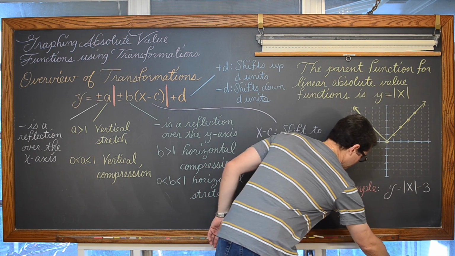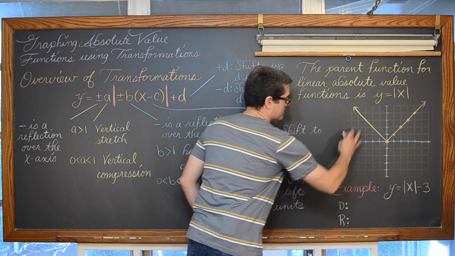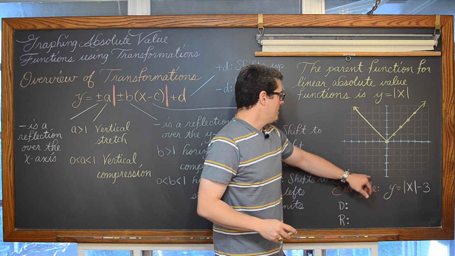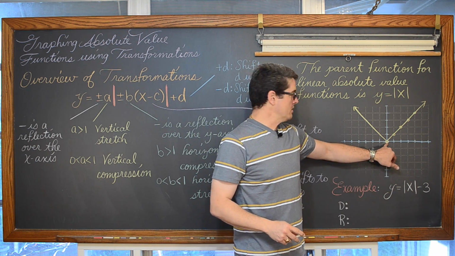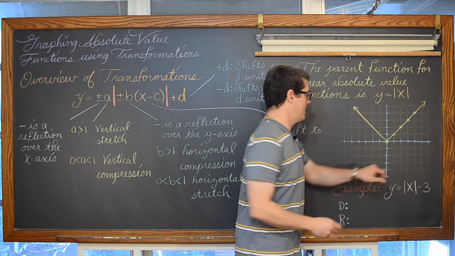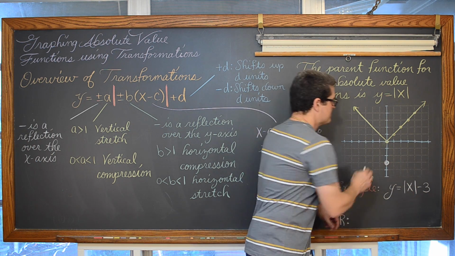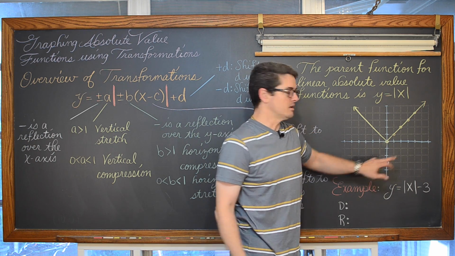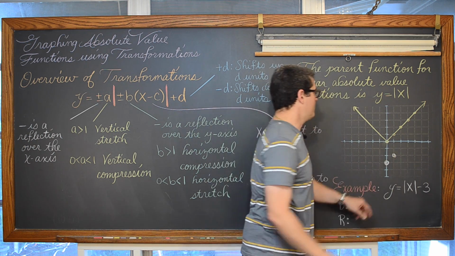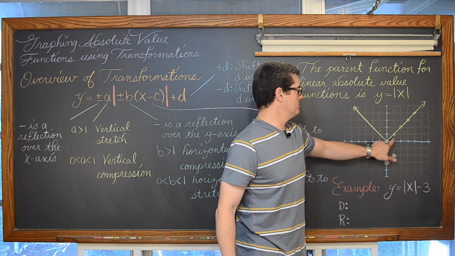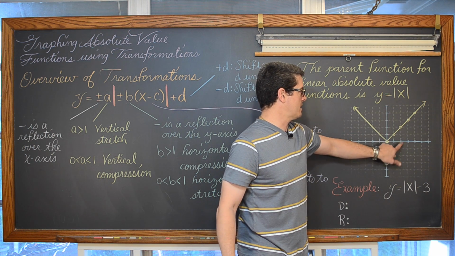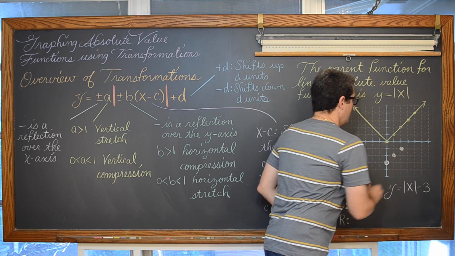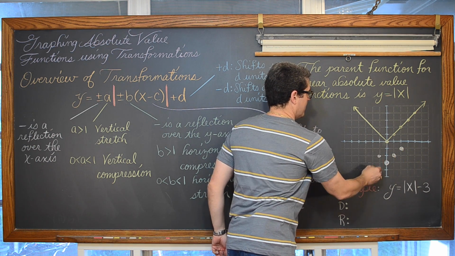So, hopefully we have enough clear distinction between the white and the yellow on the chalkboard here. But that point at 0, 0, because of that minus 3, is going to get moved down 3 spaces. This point at 1, 1 is going to get moved down 3 spaces, so it'll be at 1, negative 2. And then we'll be at, instead of 2, 2, over 2 and up 2, we'll be at, counting down 3, we'll be at 2, negative 1. And these points will also move down.